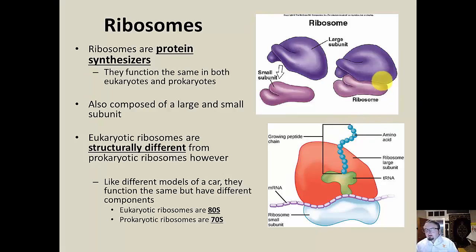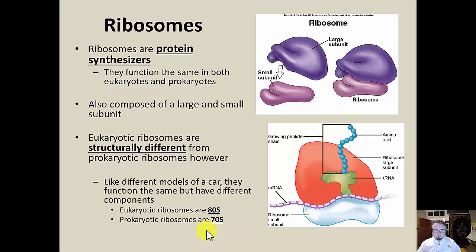The only thing I really want to point out here is that while both cell types have ribosomes, there is a difference between the exact types that they are. So eukaryotic ribosomes are said to be what are called ADS ribosomes, kind of an arbitrary name that they just kind of made up based on some of the properties that they observed in the lab. So I don't want to get into why they call it that, but just recognize it's called the ADS ribosome. And prokaryotic ribosomes are called the 70S ribosome. So while they both have ribosomes, they are two distinctly different types. I like to compare them to two different types of trucks, like a Chevy versus a Ford.